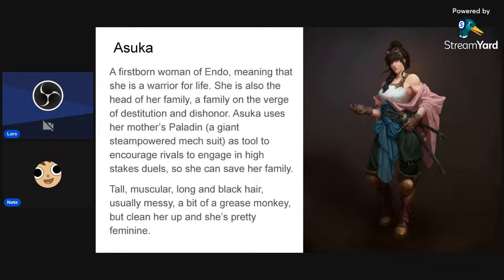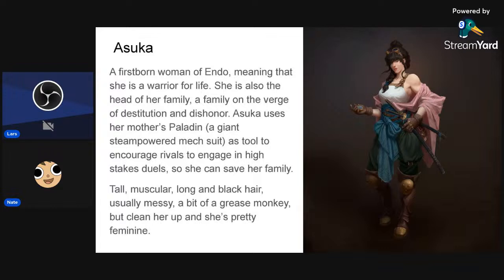Now then, maybe it's because I've had so much experience with explaining Asuka to other people. But what I want you guys to do when we get to the end, and I give you your final writing challenge, is to really try to capture this kind of brevity and depth, like what I give right here for Asuka. So again, this is an illustration that was done by our good friend Kevin. This is another illustration done by Kevin, who did all of the artwork for the book Bleed, Steam, and Steel.